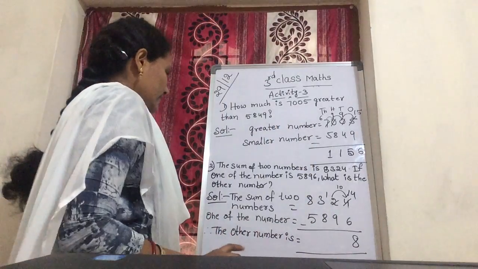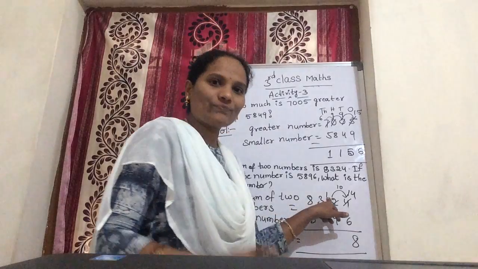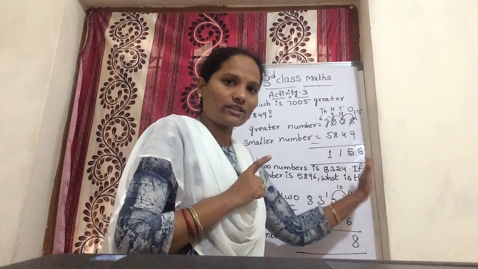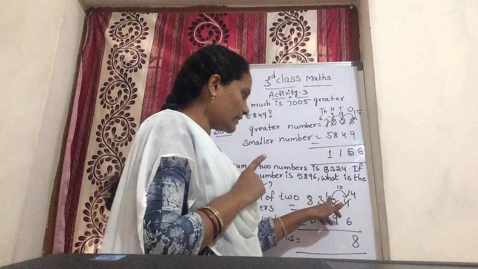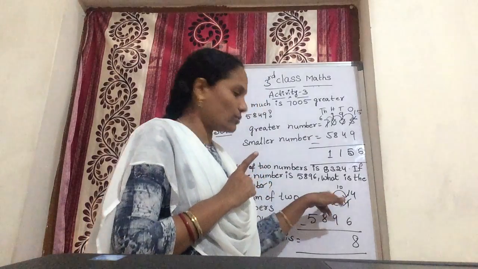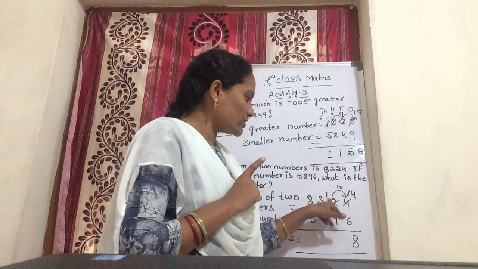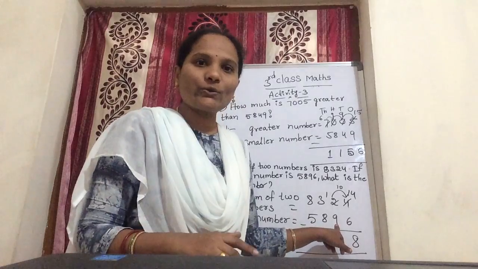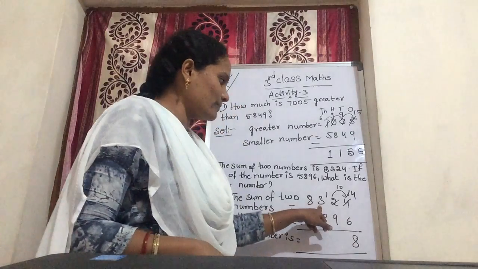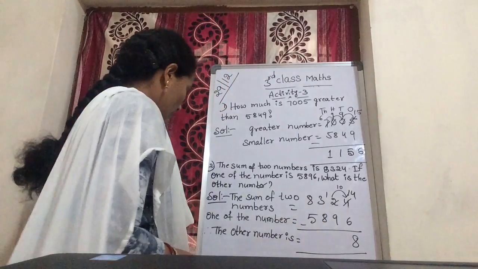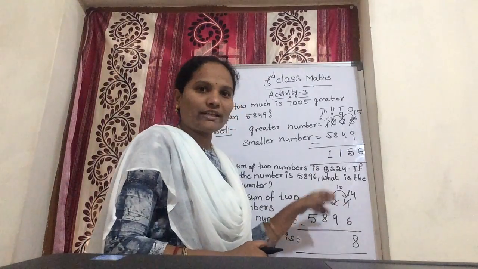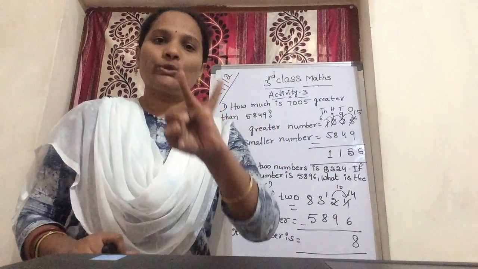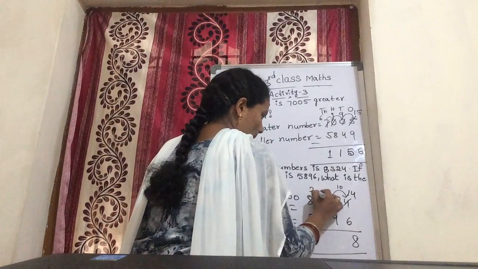14 minus 6, 8. Now next here, only 1 is there. 2 is there. 1 subtracted from 2. That means 1 is gone. The 1 borrowing is gone. So here only 1 is still there. So 1 minus 9, is it possible? Subtraction of 9 from 1? No, because 1 is the small number, 9 is the big number. Again you need borrowing from 3, from hundreds. So from 3, 1 borrowing goes. How much is still remaining? 2 remaining. So here 2.